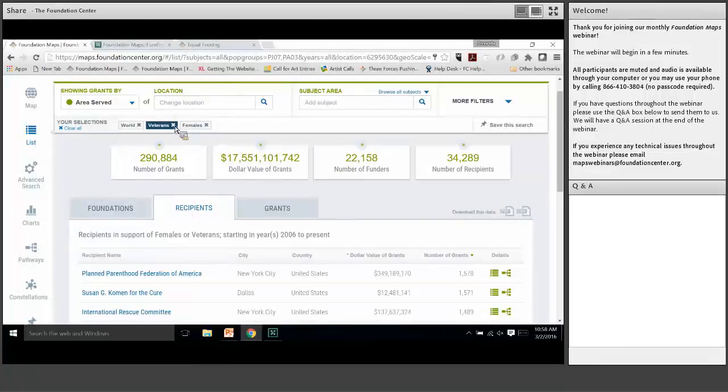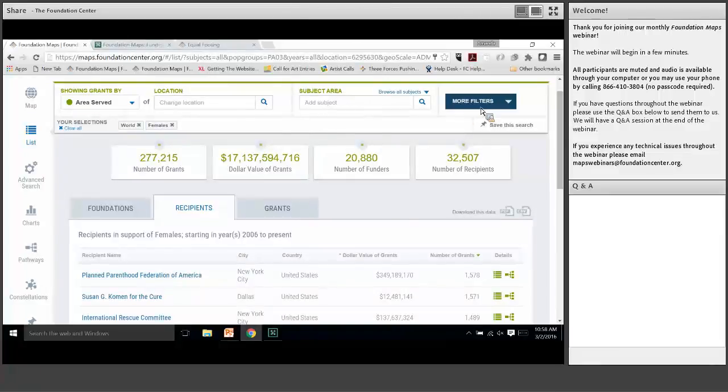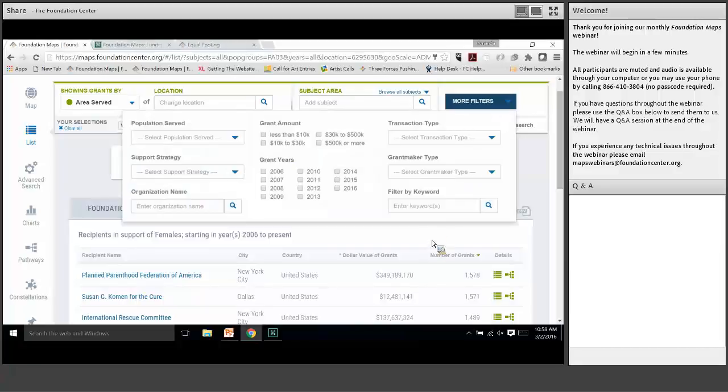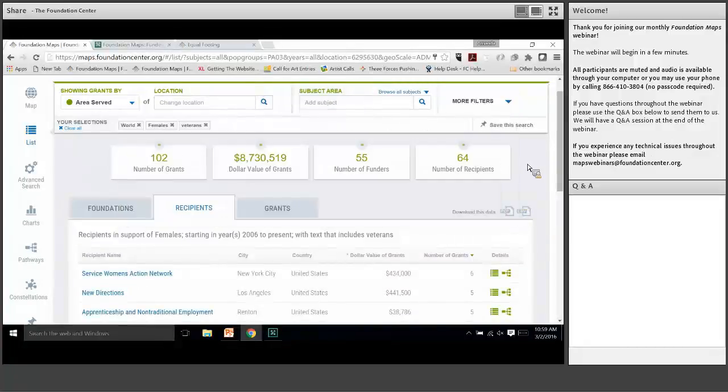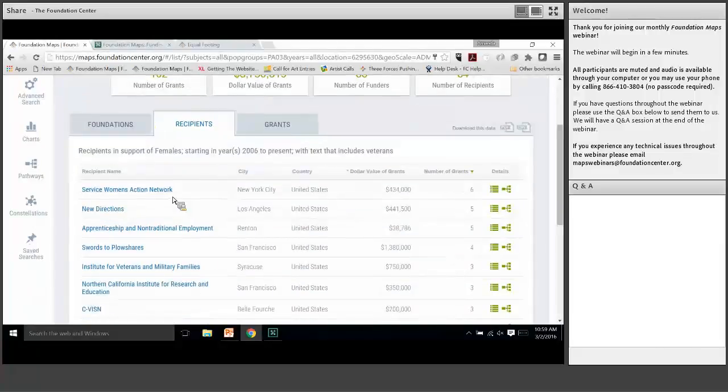So what I would do is I would keep the females, and then I would type veterans in here as a keyword search. And let's click search. And so now what you'll do is you'll search veterans within grants that are tagged with female. So as we can see, these are some top recipients that pop up. And if we want to take a look at some of the grants,